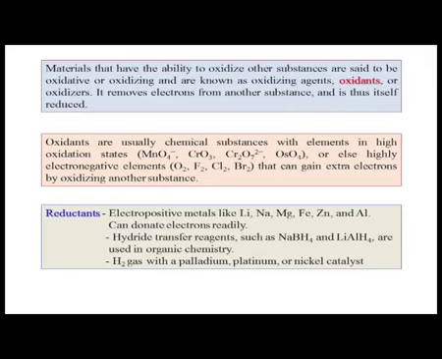Not only the metallic ones, but the hydride transfer reagents, which we will talk about next, such as sodium borohydride or lithium aluminum hydride, which we use very much in organic chemistry, that provide not only hydrogen gas but H minus, the hydride ion. The hydride ion will transfer electrons very easily to some organic molecules. So, hydrides are also very good reductants, and